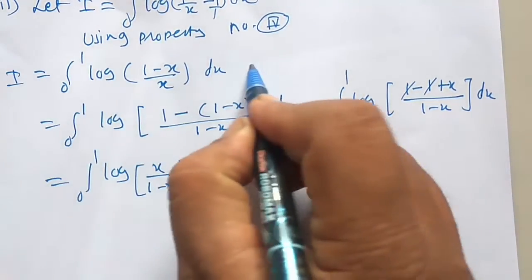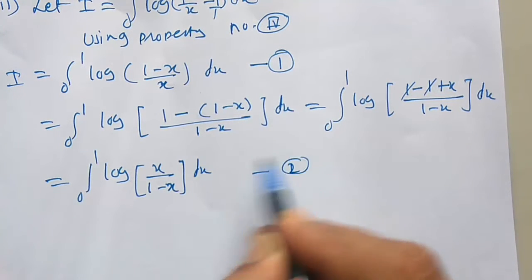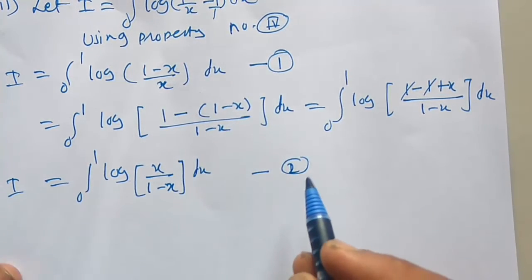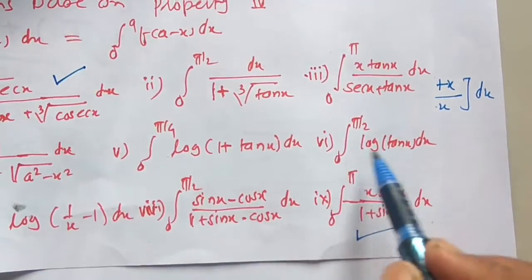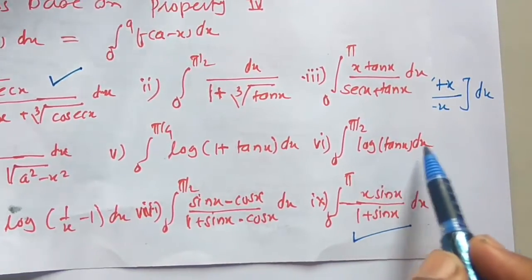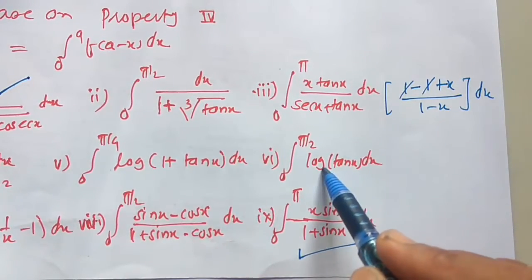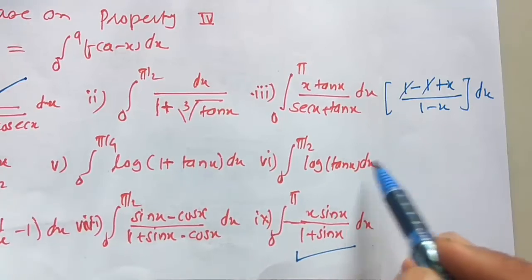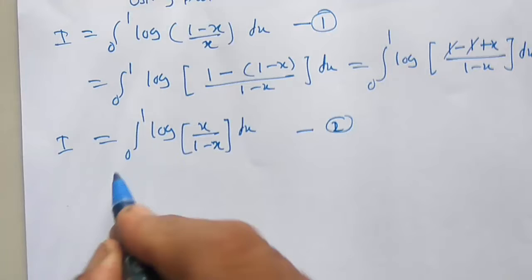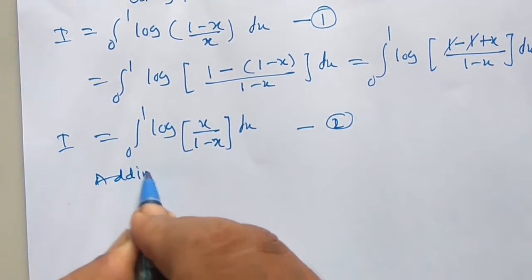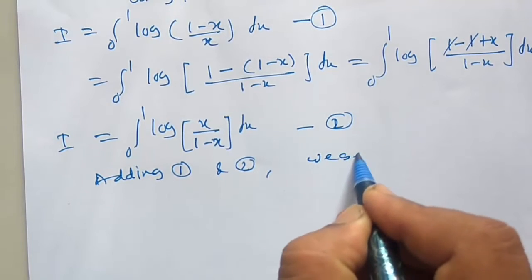So this is I, this is number 1 and this is number 2. It is same as the previous example, 0 to pi by 2 log of tan x dx. By using the property it becomes log of cot x, and tan x into cot x is equal to 1. On the same line here, adding 1 and 2,